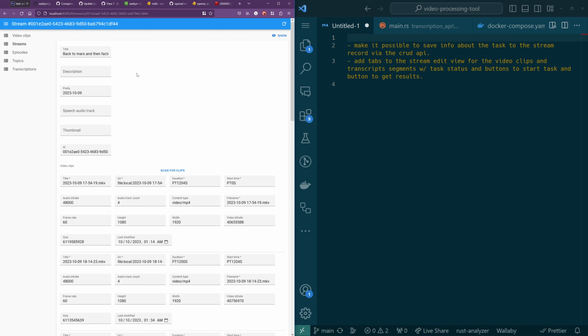The way it works is you define all the different kinds of record types you want to deal with. So in this case, I have video clips and streams and episodes and topics and transcriptions. And that is purely in the UI, right? The back end of the database could look different, but for each of those record types, you define